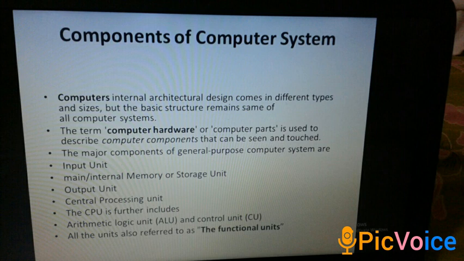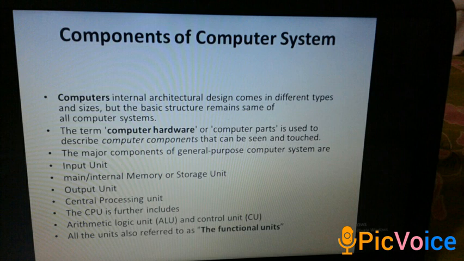So next we will see arithmetic logic unit. Arithmetic logic unit is used for processing data after inputting, once data is stored in the primary unit. The major operations of arithmetic logic unit are addition, subtraction, multiplication, division, logic and comparison operations. Control unit. It is like a supervisor that checks the sequence in which the instructions are executed.